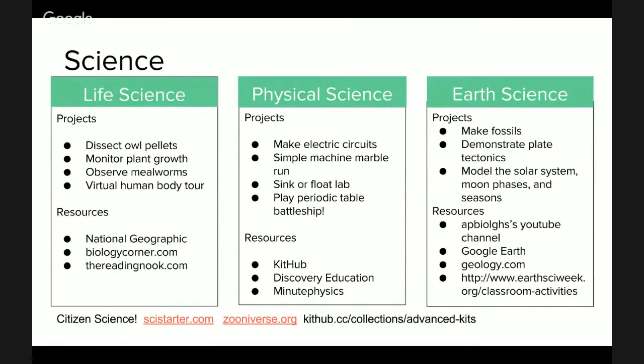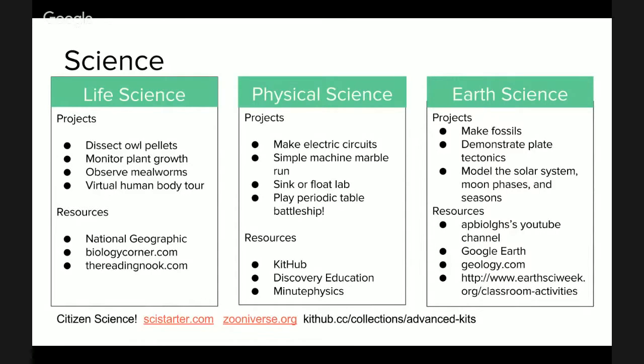Yeah, and I think also that really applies to the real world, right? When you get out there and you get to actually use science in the real world, I think that kids all of a sudden understand better what that stuff they're learning out of textbooks actually will do in real life. Yeah, and I think science is one of the STEAM subjects that's kind of easier to think of hands-on projects for.